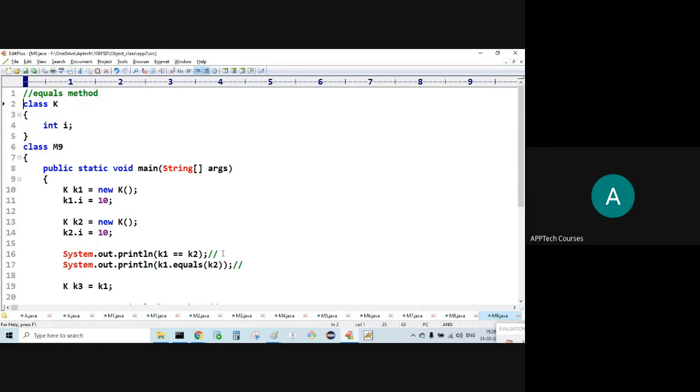In the case of the Object class equals method, it is going to compare whether two references are pointing to the same object or different objects.